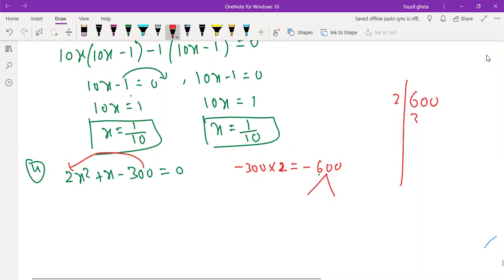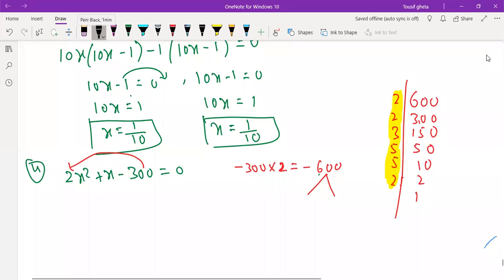2 threes are, I will just explain in detail so that everybody understands. 2 ones are, 2 fives are 10, 3 fives are, 5 tens are, 5 twos are, 2 ones. So you can see the answer is there in this number only. But the arrangement is needed. Correct? Arrangement is required. The answer is there in this only.